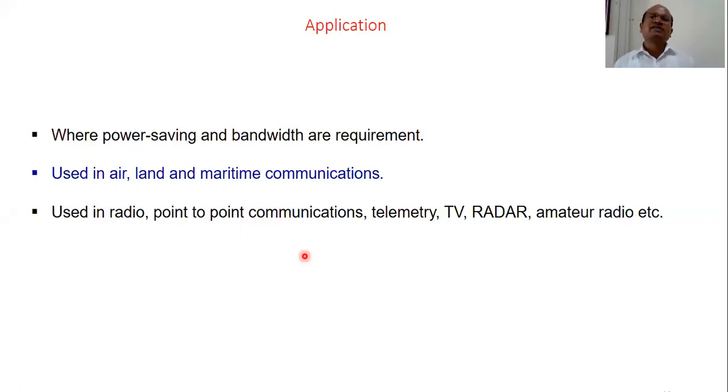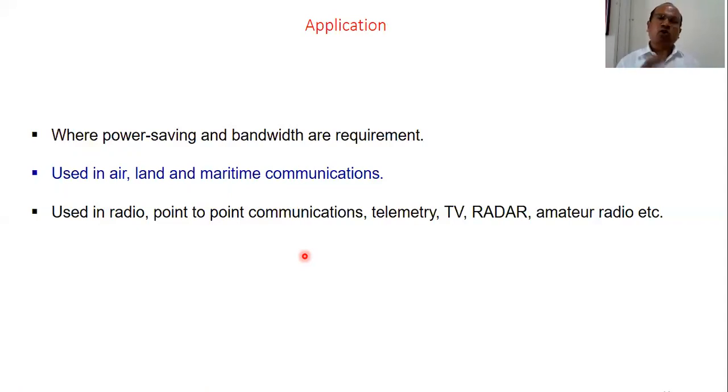We can suppress one sideband and transmit only one sideband. Why can it be done? We have studied that the message lies in both the sidebands equally. The bandwidth of the upper sideband and the lower sideband is equal. Both the sidebands carry the same message, and therefore either of the sidebands can be rejected.